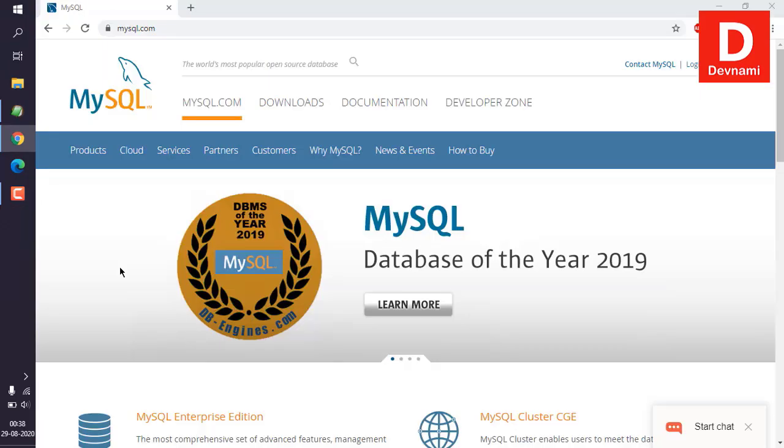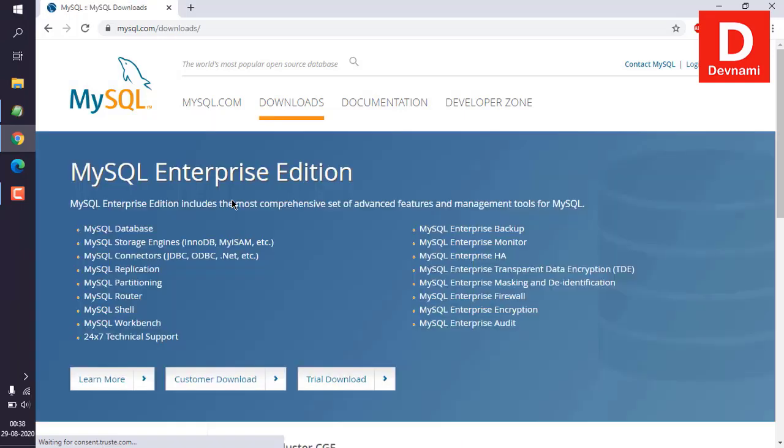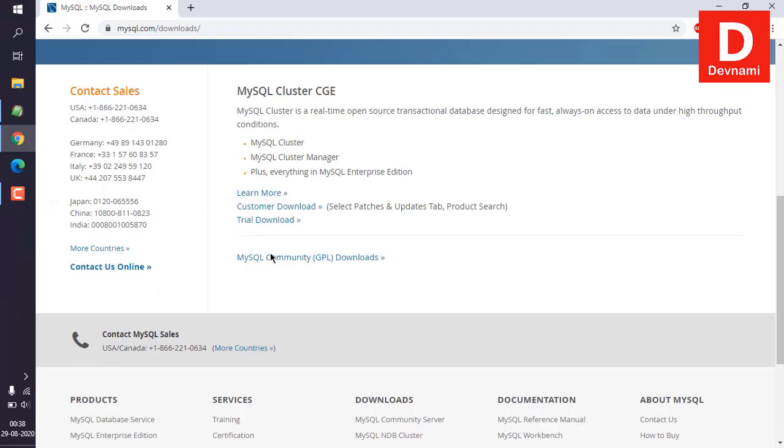Okay, so let's take a look at how you can export your MySQL database table to a CSV file. So make sure that you have MySQL Workbench ready, and if you have not installed it, go to mysql.com and check for the downloads page. There at the bottom we have to check for community downloads. Click on that,